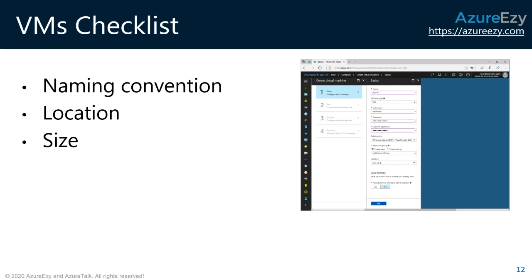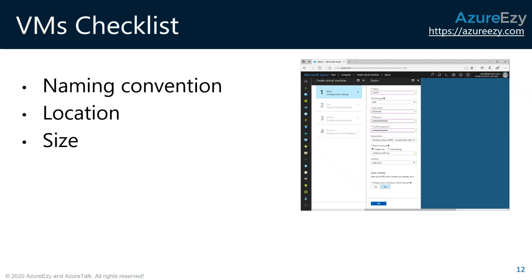But when you are talking about production, you have to keep in mind what size is best for you, so that you don't pay more, you don't pay less, and you don't select too little resource for your application, so that your users always get errors or performance issues, or you're not selecting an oversized resource.